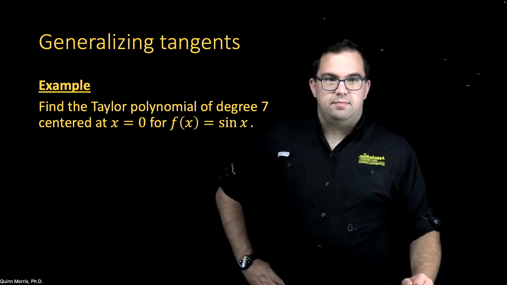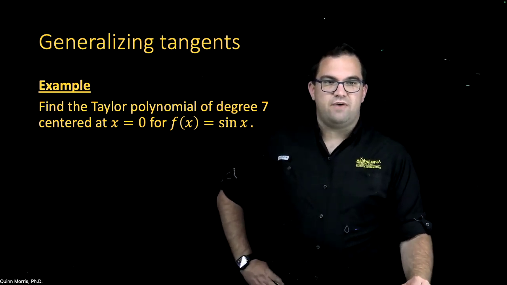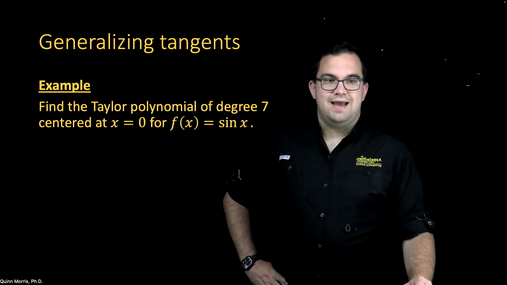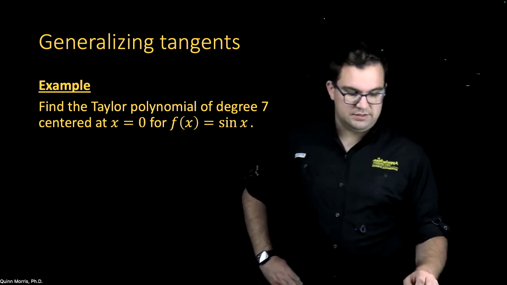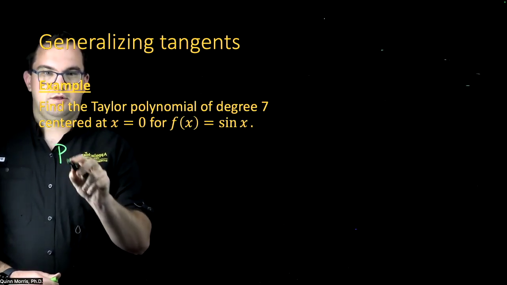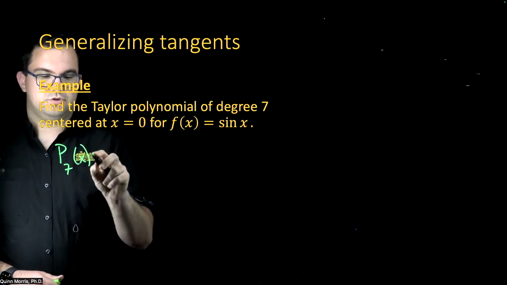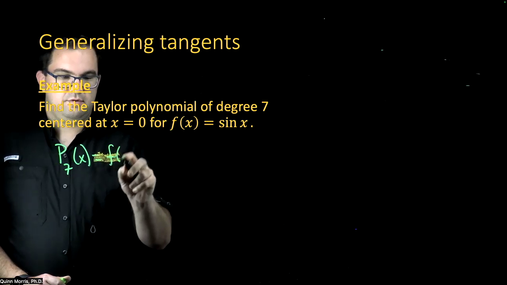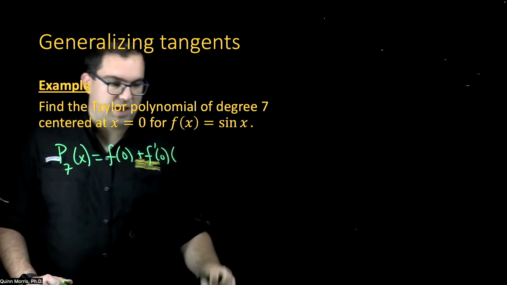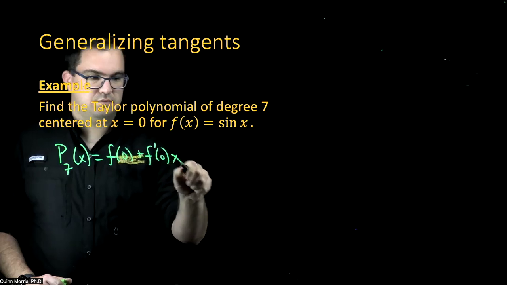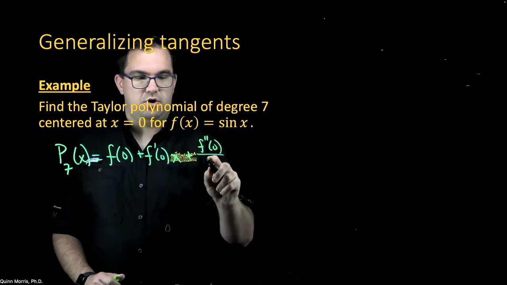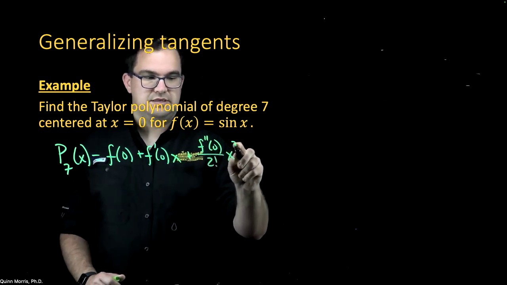So let's see a bit more in practice how this works. Imagine you were asked to find the Taylor polynomial of degree 7, centered at x equals 0, for the function f of x equals sine of x. In general, if you're thinking about writing out the degree 7 Taylor polynomial for this function, it should be f of 0 plus f prime of 0 times x minus 0, so that'll just be x, plus f double prime of 0 over 2 factorial times x minus 0 squared,